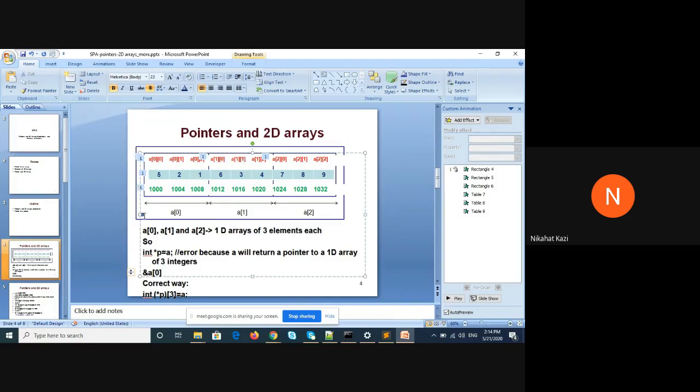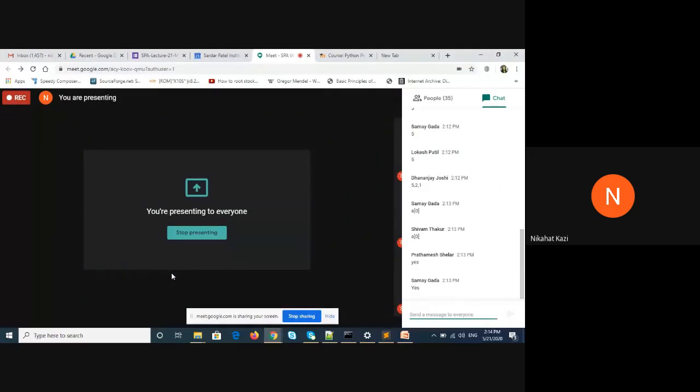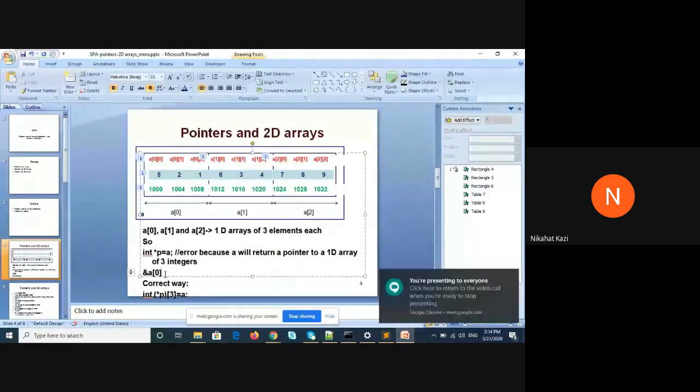Okay. So what is the type of this address? What type of variable can contain this address? A pointer to an array. Because this address is an array's address. It is not an integer's address. So you need a pointer to an integer array. A pointer to an integer array. Okay. So when, are you with me?